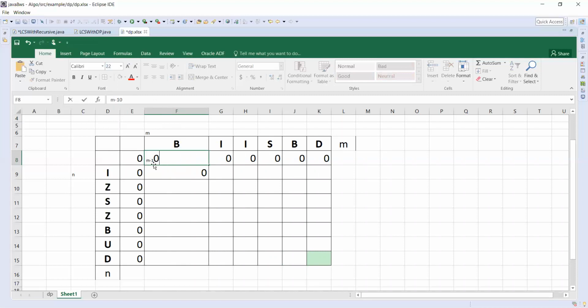This is m. This is m minus 1. We need to represent it in the m comma n fashion. This is m comma n minus 1. This is m minus 1 comma n minus 1. And this is m minus 1 comma n.